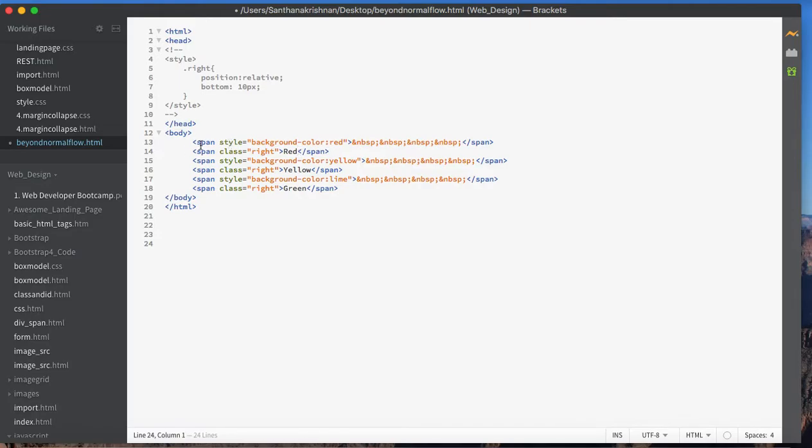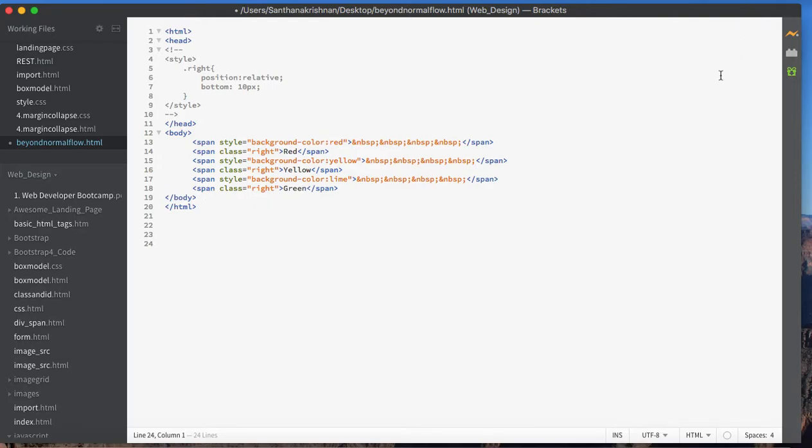We have a span element which is styled with background color red, and it takes four non-breaking spaces, followed by a span element with the content red, which takes the class right. Here we have the definition for right, but I have commented it out currently. Then one more span element whose background color is yellow with four non-breaking spaces, and one span element with the content yellow, and one more span with background color lime, and a span element with the content green.